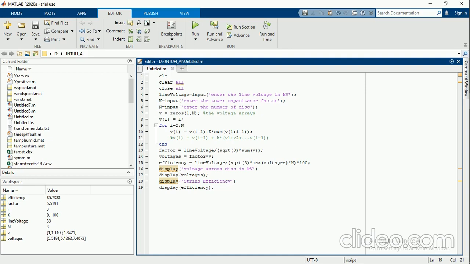This runs for all the disks from the second to the last, the nth disk; we calculate all the voltages here. Okay, so up to now we are calculating the line voltages. We are converting these line voltages into phase voltages by using a factor.